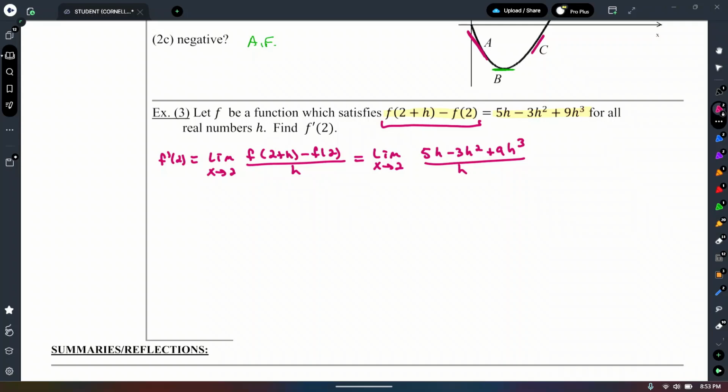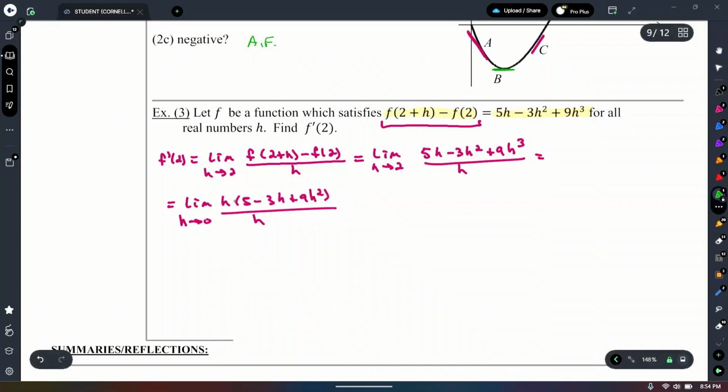So we're just substituting these limit values in. And looking at this, I realize that every term is divisible by h, so I'm just going to factor an h out. So we're going to have the limit as h, I'm sorry, this should have been an h, not an x. Pardon me. The limit as h goes to 0 of h times 5 minus 3h plus 9h squared all